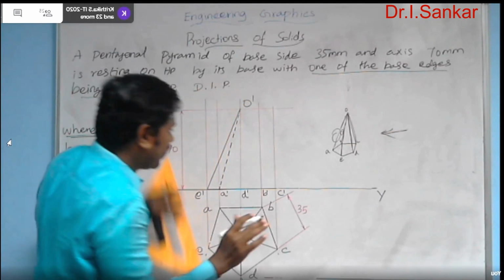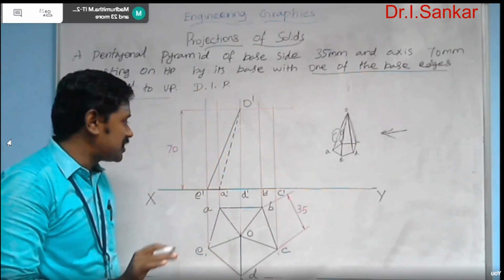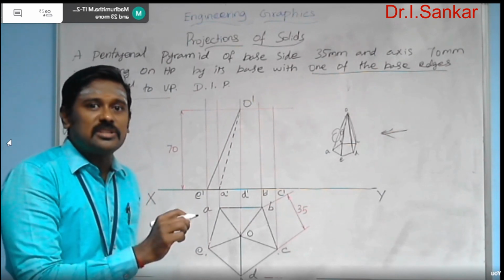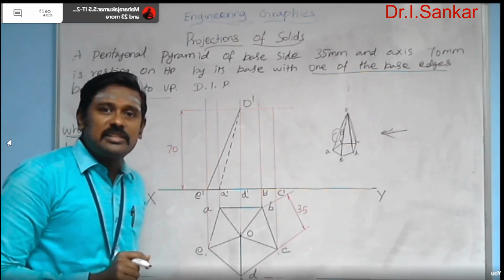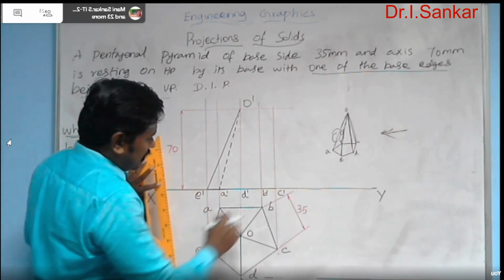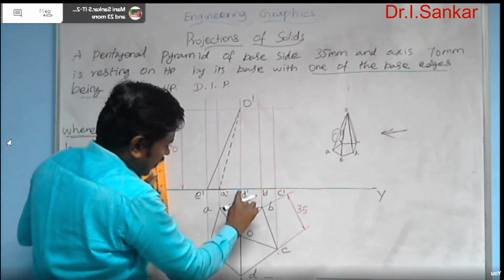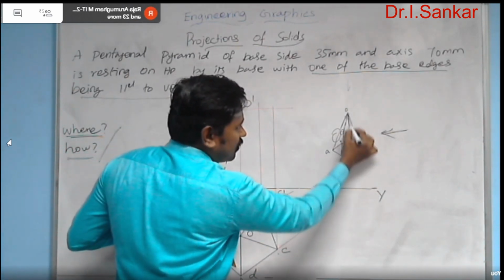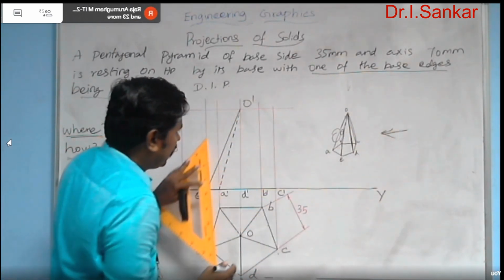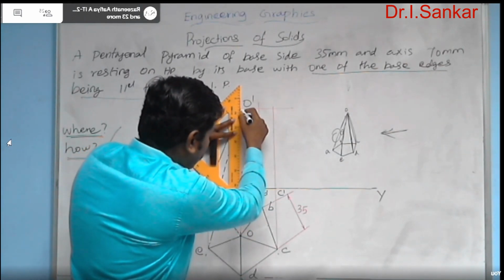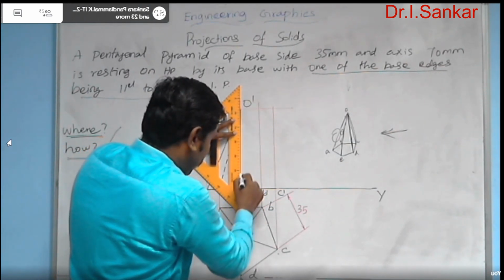You need to connect O' to E', but with a different line format in order to graphically express that this particular edge is invisible. And here you need to connect O' to D'. The edge O'D' is visible to our eyes when seen from the front, so you need to connect it as a visible edge, simply with the actual narrow line format.